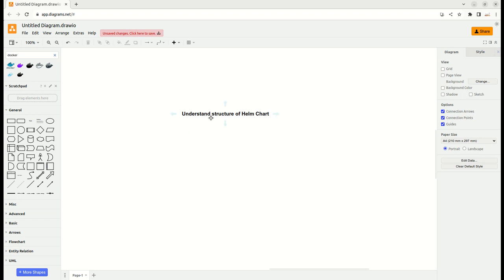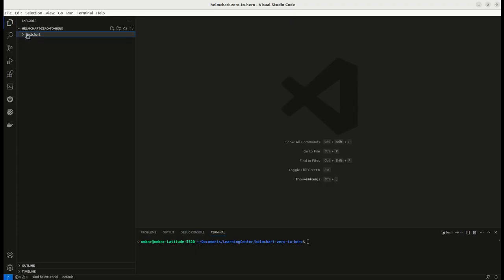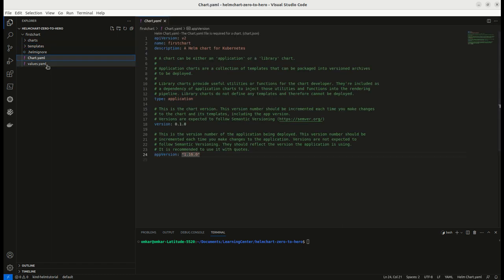In this video, we will understand the structure of the Helm chart which we created in our previous video. So this is the first Helm chart which we created. Now we'll understand its structure. In here we have this charts directory, which is currently empty, and we have this templates directory, Chart.yaml and values.yaml. So we start with Chart.yaml, and in here we have the Helm version, that is API version